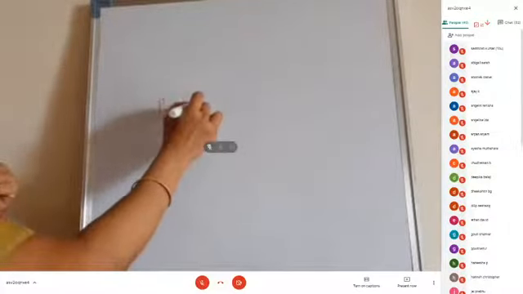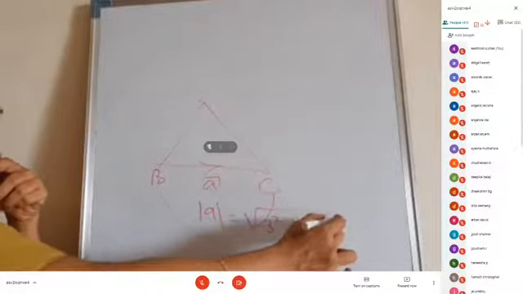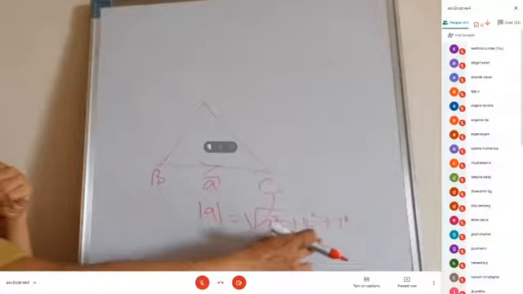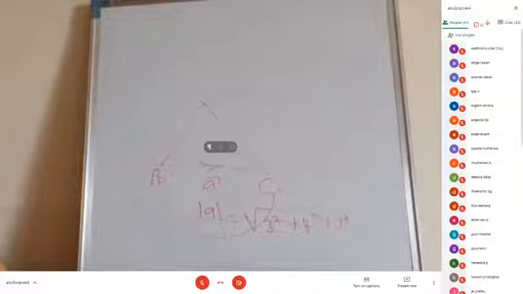Okay. Then, how will you find the vector A when the points are given? OC minus OB, we get the A vector. What is the modulus of the A vector? I have to write the components. 3i, 4j, 7k, so 3 square plus 4 square plus 7 square. That's the answer for modulus A.